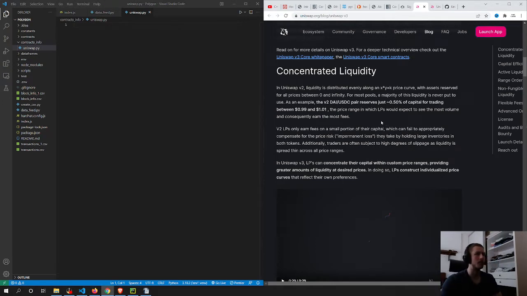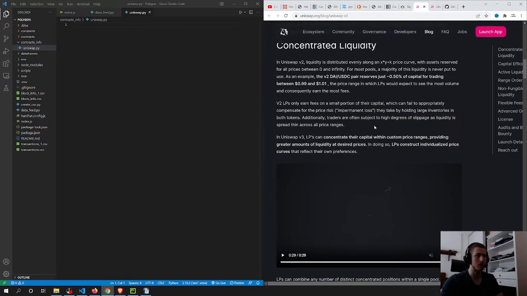V2 LPs only earn fees on a small portion of their capital, which can fail to appropriately compensate for the price risk they take by holding large